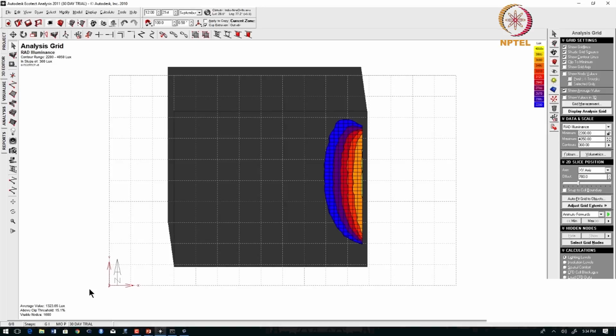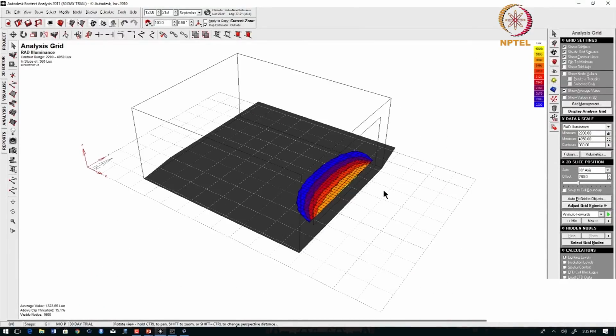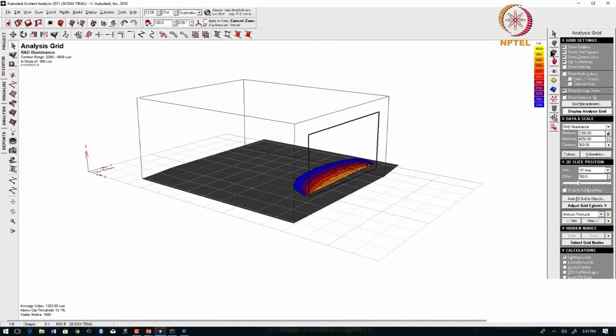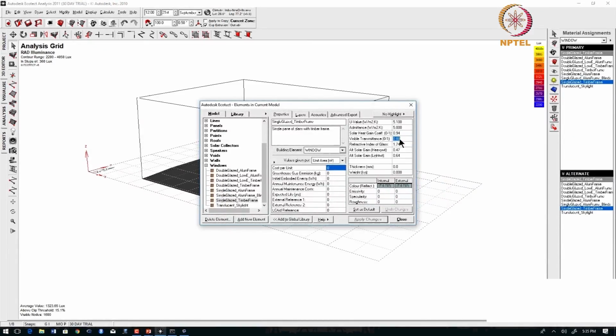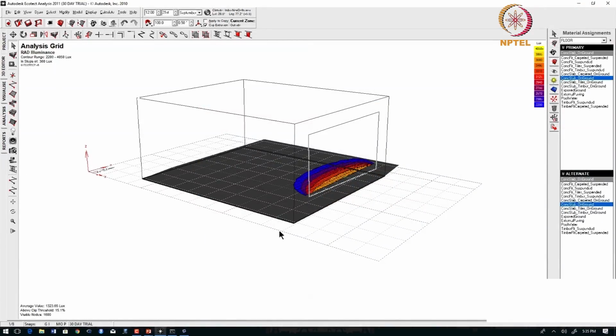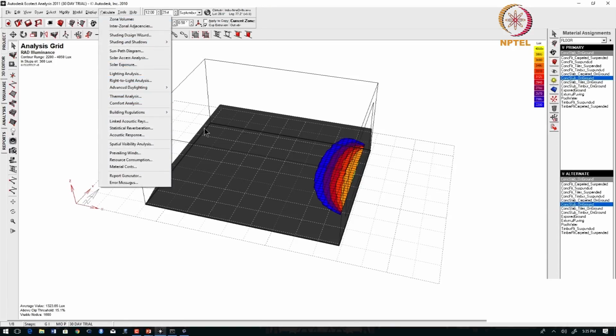So this type of analysis is point in time analysis, because we had a particular point in time which is 12 hours on 21st September, and we understood how much is the average lux level when we use clear glass. So now we can just run the simulation for a different coated glass. So again I am selecting this glass, going to materials, double clicking here, say that the selected coated glass has a VLT of say 0.3. Right. So again I am selecting this floor plate and I am going to redo the analysis.